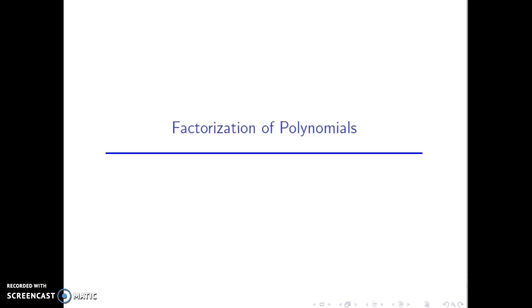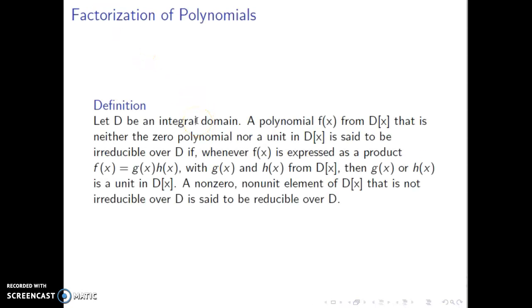Today we are going to look at factorization of polynomials. Suppose D is an integral domain. A polynomial f of x from D of x, which is neither the zero polynomial nor a unit in D of x, is said to be irreducible over D if, whenever f of x can be expressed as the product